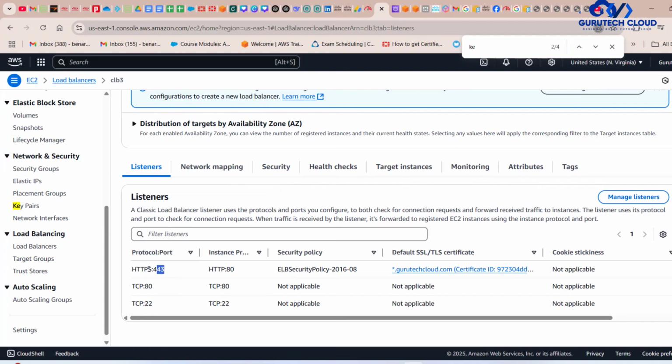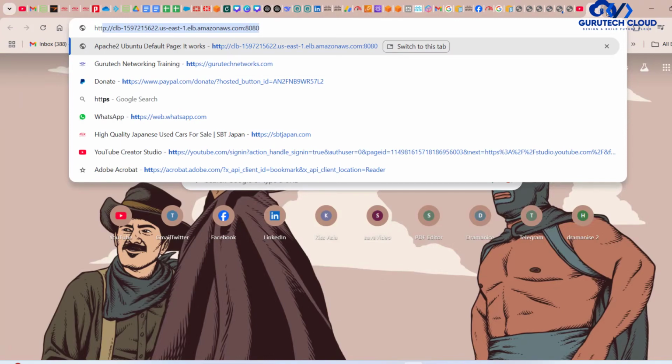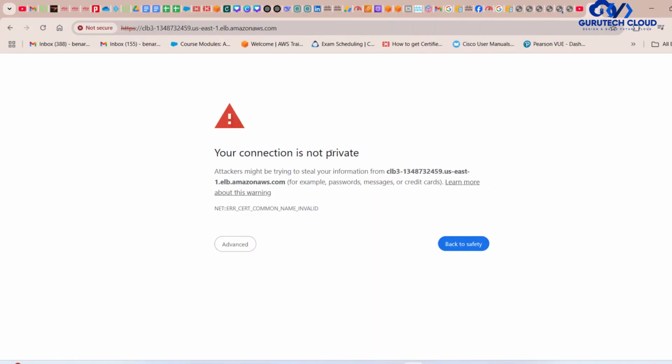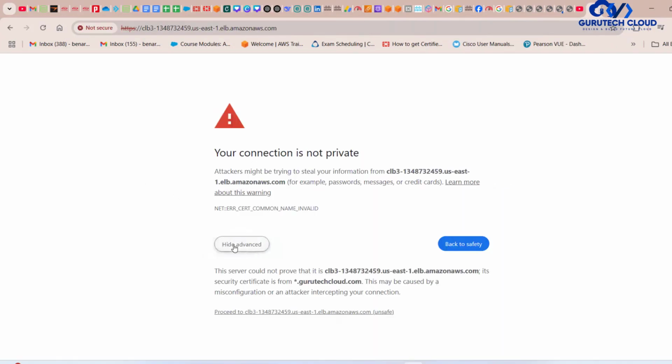First, let's try with the HTTPS. So I'm just going to type HTTPS, paste that one, and hit enter. Perfect. So you can see it's connecting over HTTPS, but we're getting this warning because our load balancer, we've selected